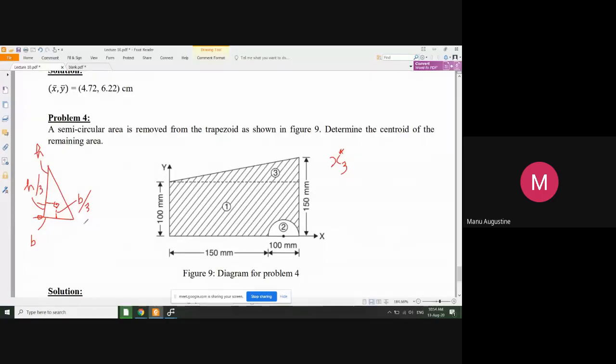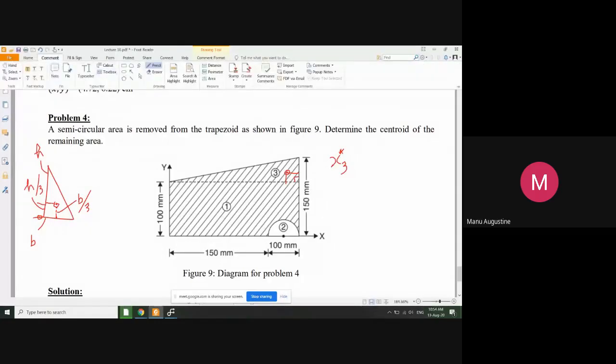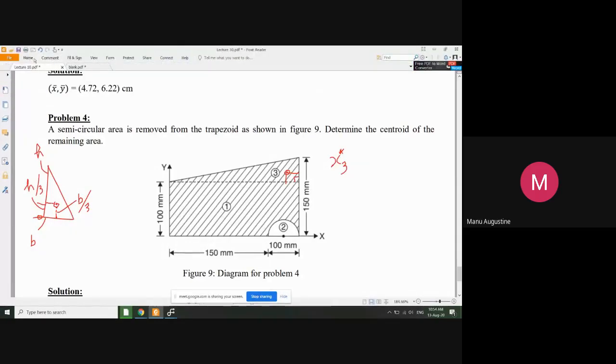Now use this logic to find x3 star of the triangular area. देखो राइट एंगल यहां पर बन रहा है, ठीक है? तो इसका सेंट्रॉइड एक ऐसी पॉइंट पे होगा जो कि इधर से और इधर से अपनी अपनी हाइट निकालेगा। लगाओ, आप अपना लॉजिक लगाओ एंड टेल मी।